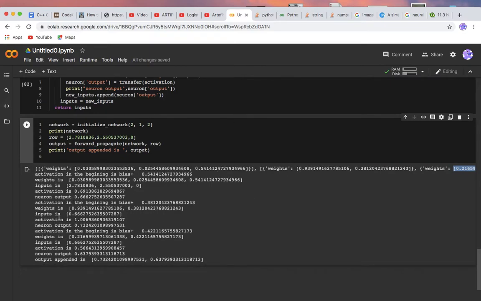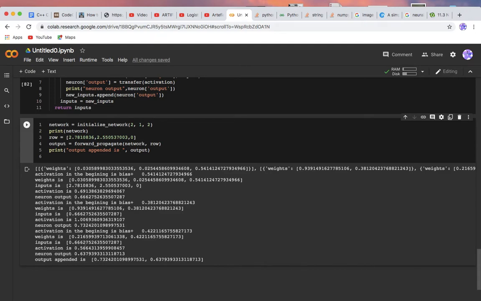So weights, you see, input is how much? This is input, same 0.66, right? And weights is how much? This was the weights, this one is the weight, and we'll multiply these both, and this will be bias, right? So this is bias, and we'll add together, then we'll get output as this, right? 0.73. This is one of the outputs here, you can see.